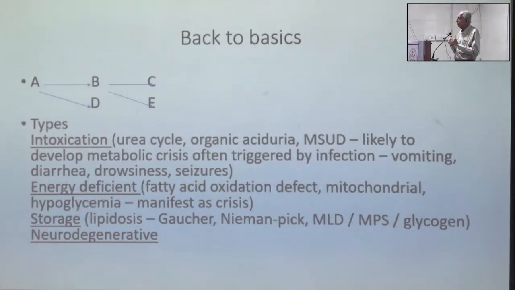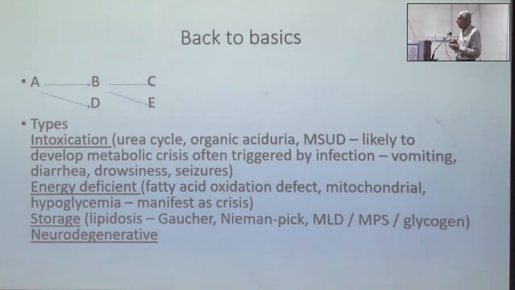But a similar thing happens also when the abnormal metabolite is energy deficient. So if it's energy deficient, largely again a crisis occurs, and this crisis is typically hypoglycemic: seizures, drowsiness, coma. Again, it simulates the first one. But these hypoglycemic manifestations are typical of CNS manifestation, whereas the first one are often GI, often vomiting, but also sometimes diarrhea, etc. So small differences might make us clinically suspect that it is one of the first two.